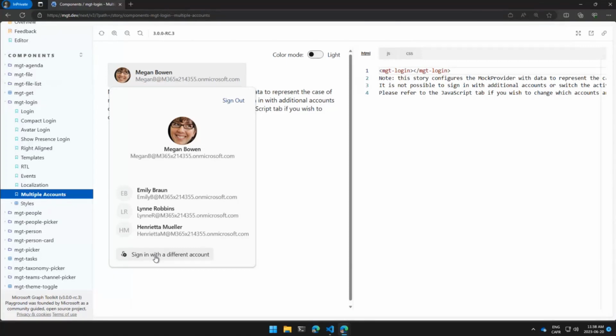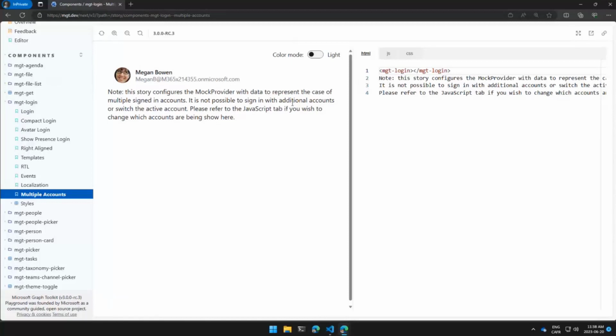Right there, all the calls that are happening on the page to Graph are always based on the currently logged in user, which is really important. We don't want to mix data from one cache to the next. So that was a big project for us, but it's super, super powerful when used in some scenarios. That was one of our biggest asks we got from partners, building apps that are living outside of SPFx, because SPFx needs to live within the context of the current user, but other scenarios might not. So that's what we wanted to build here. So something that is there now is that multi-account support.